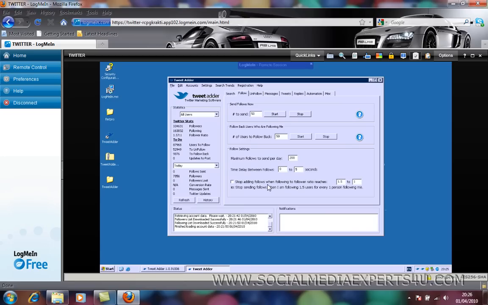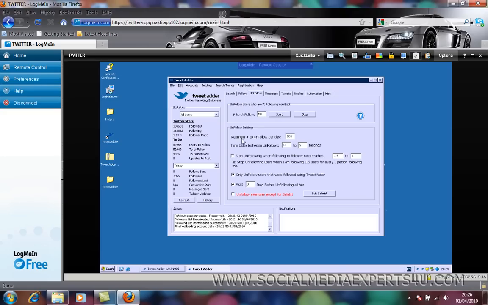Stop adding follows when the following to follower ratio reaches 1.5. This is a very decent number to keep within the rules of Twitter. So here is what you configure. How is it going to follow? How is it going to unfollow? It's going to unfollow